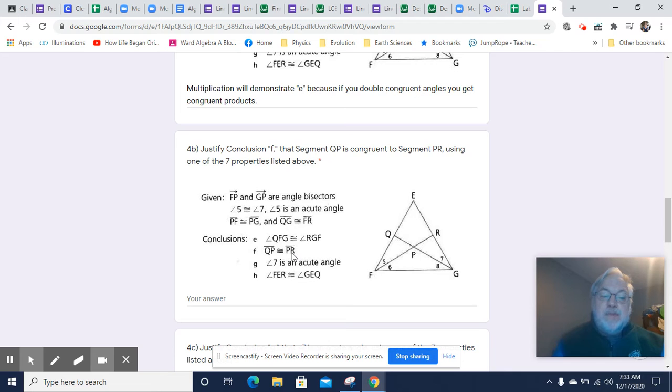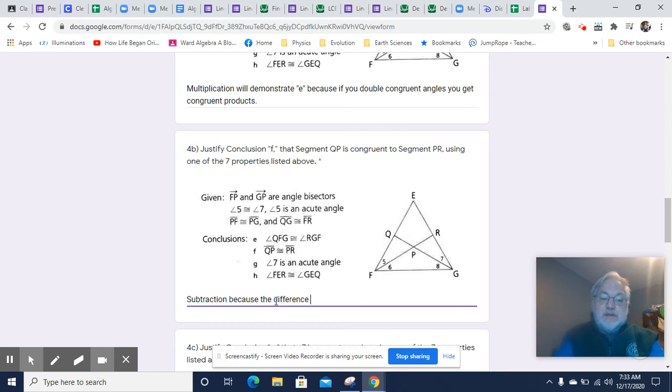Now let's look at QP and PR. That's the next conclusion. QP and PR are supposed to be congruent. Well, we know that PG and FP are congruent. We know that QG and FR are congruent. So we can actually demonstrate that QP and RP are congruent because they are the difference between sets of congruent segments. So subtraction is the principle we're going to look for,